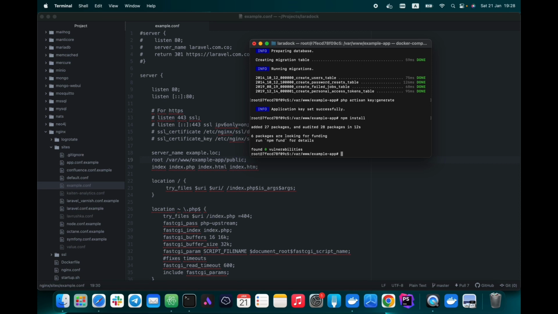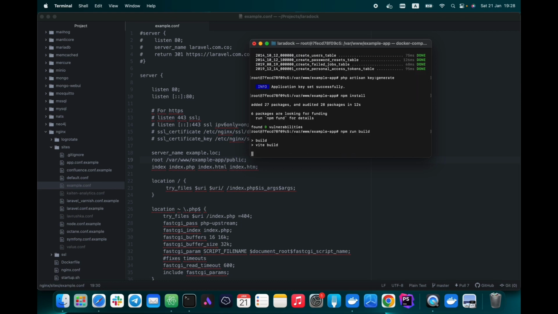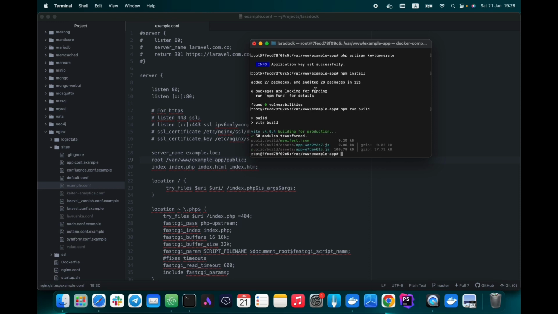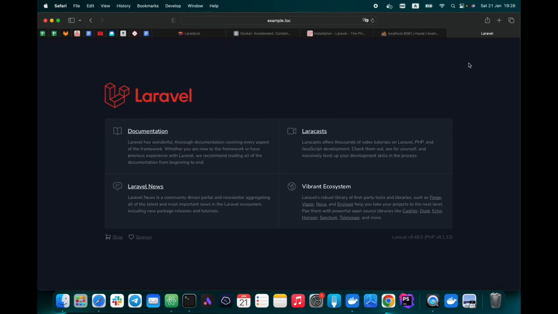And finally run the npm run build command. Let's try to open our project in a web browser. Whoop, the magic is here.